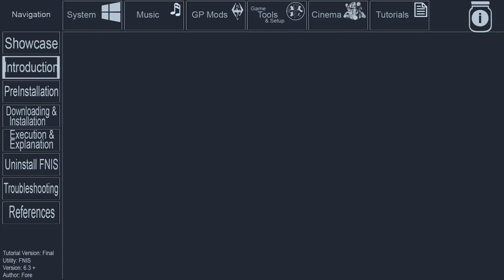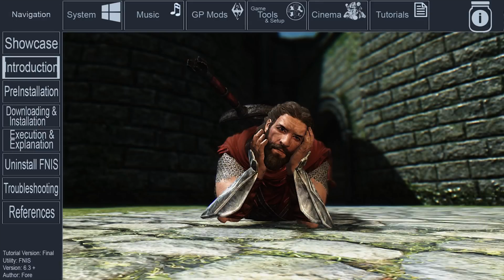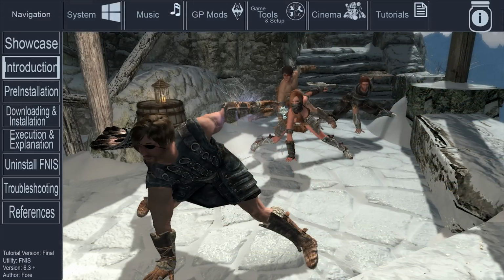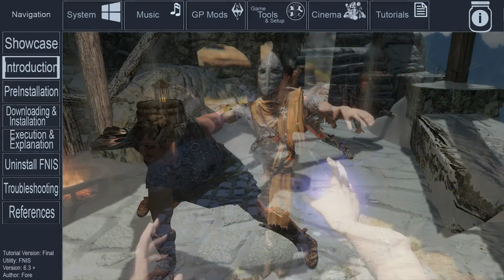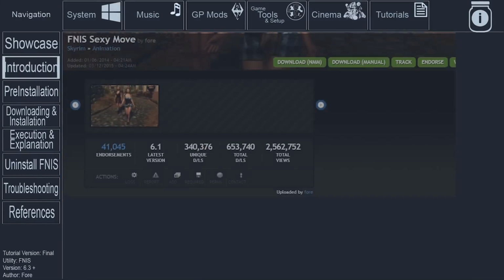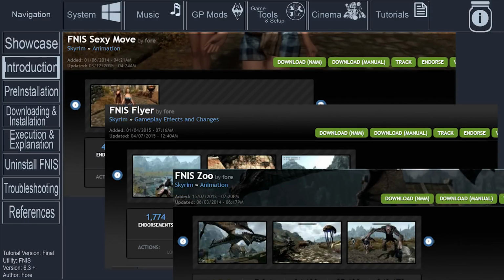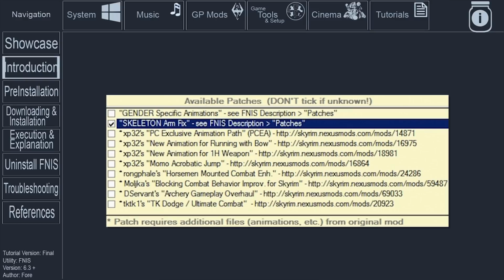Fore's New Idles in Skyrim, otherwise known as FNIS, is a tool that comes with a large, yet easy-to-use, set of animation behaviors to allow you to create your own animation mod, tailored specifically to your personal load order, as well as to be able to utilize a large number of animation mods from various sources all over the internet. FNIS also provides a few important fixes that many of the most popular animation mods need to function